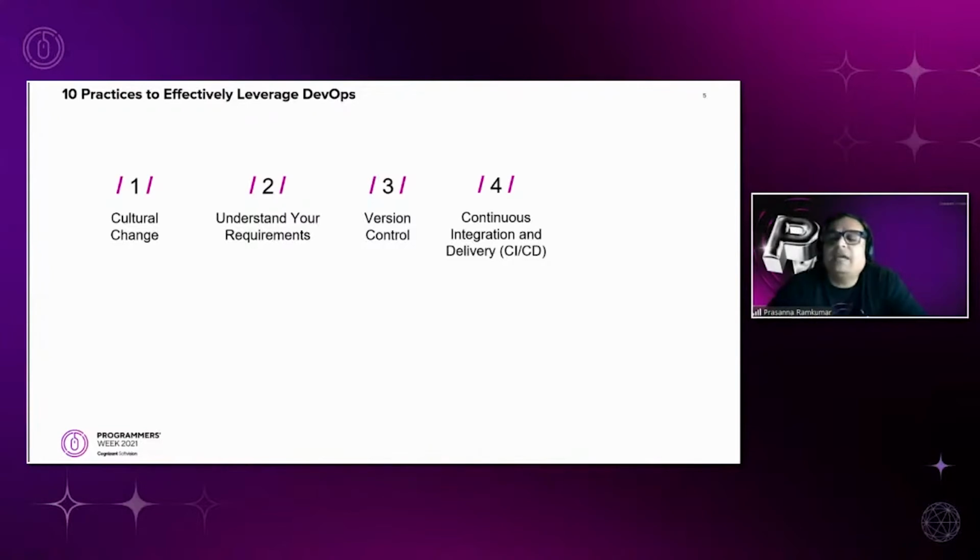So that's the CI part. Now coming to CD, CD can be two. It can be continuous delivery or continuous deployment. So what's the difference between these two? Continuous delivery is where you are building out a pipeline which has some kind of